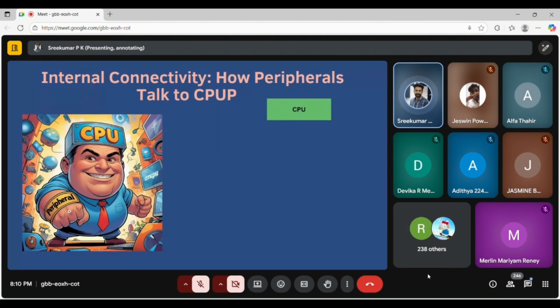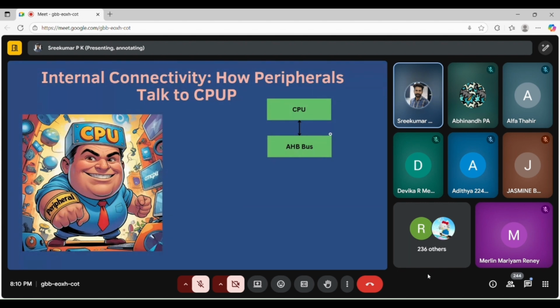Internal connectivity: how peripherals talk to the CPU. Just ignore this P, that is a mistake. Okay, CPU. The CPU first talks to the AHB bus. I am talking about everything based on ARM architecture now.